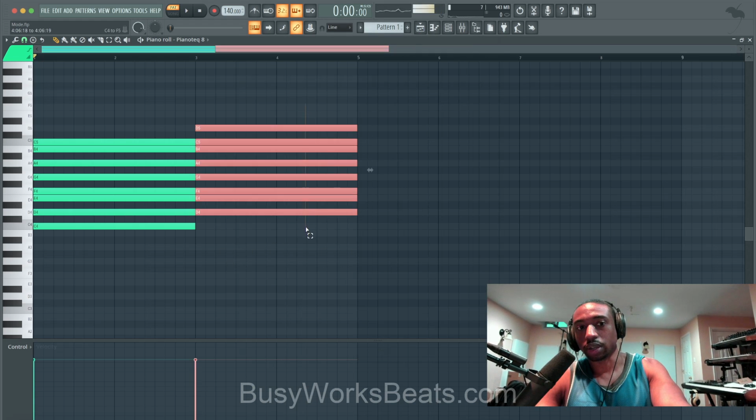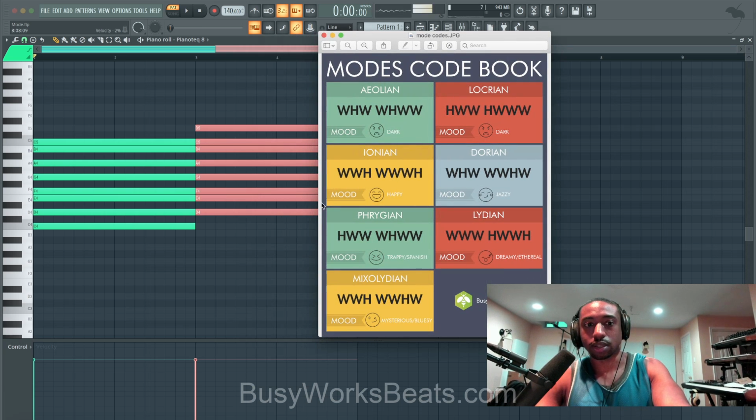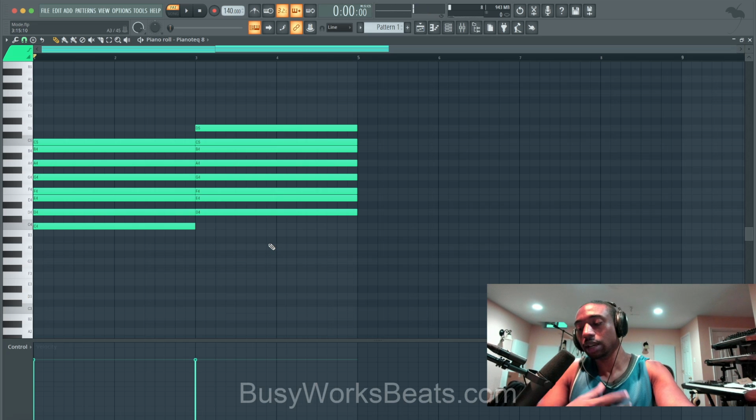So that's the Dorian. Okay, so let's just triple check to make sure we're actually correct. So it's, again, whole, half, whole. Okay, it's matching so far. Whole, whole, half, whole. That's called the Dorian mode, almost a scale. I'm going to say scale from now on because you need to understand that this stuff, it's a scale. And the mode is also known to be something you play melodies with or harmonies with, which is basically a scale as well.